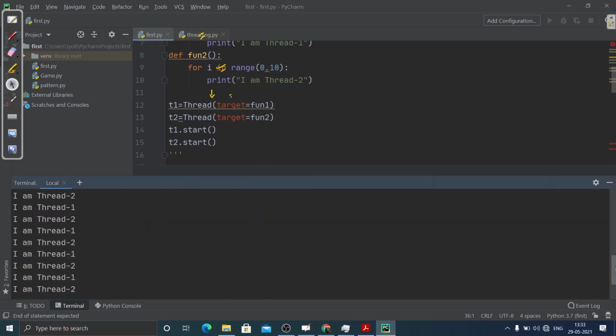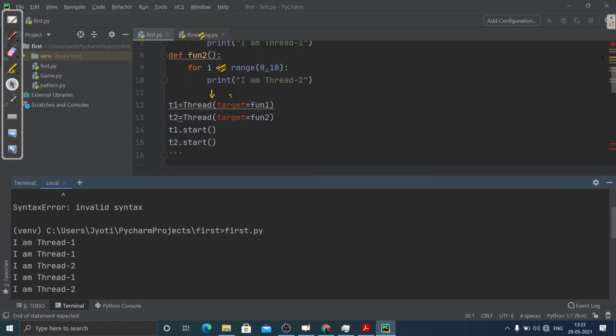So here, you can see if I haven't used any concept of thread, if I have not instantiated this thread class, then what would happen?